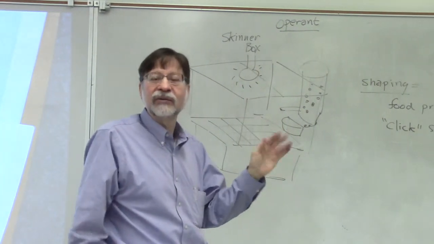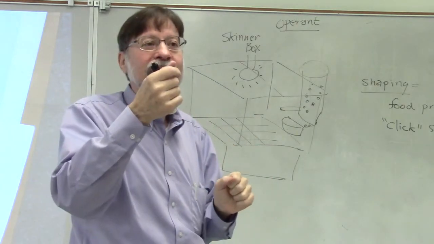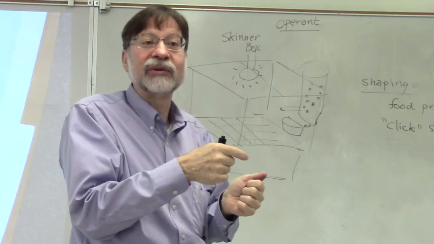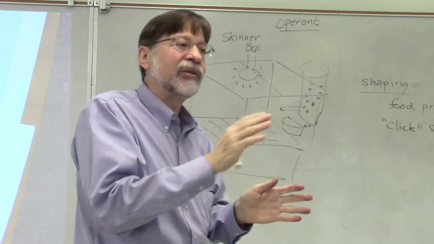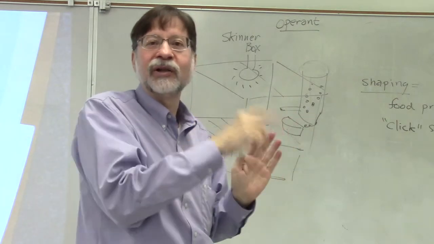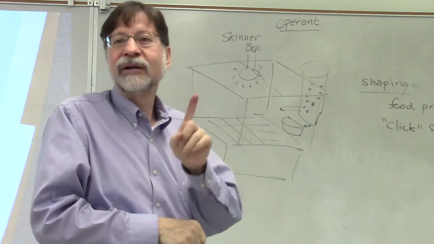So once I get the rat to be pressing the bar regularly in lab, I now turn it on automatic and the computer will reinforce the rat. The rat will go around, turning around, doing its various things, pressing the bar, and when you come back the next day, it's pressing the bar and eating the food. We've shaped the rat to press the bar for food as a reinforcer.